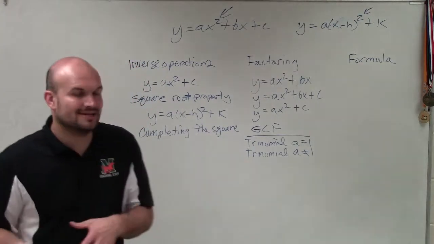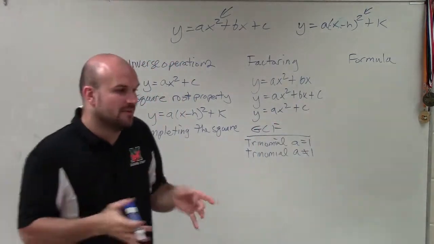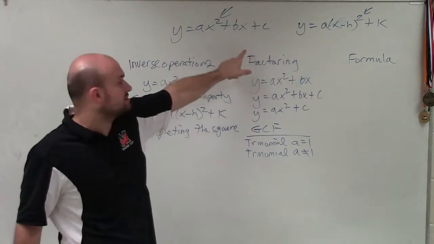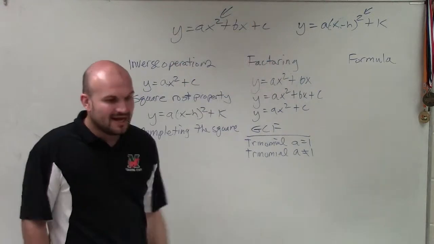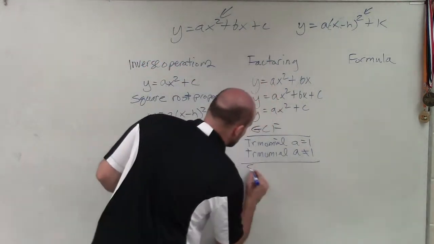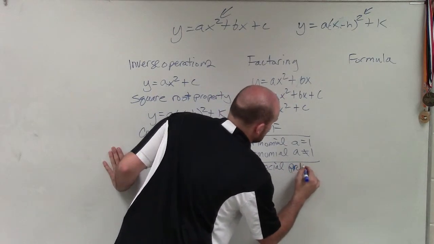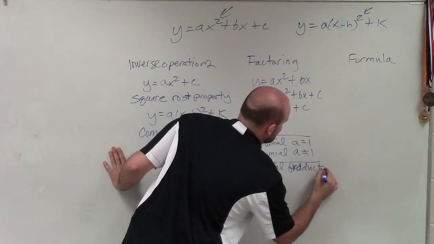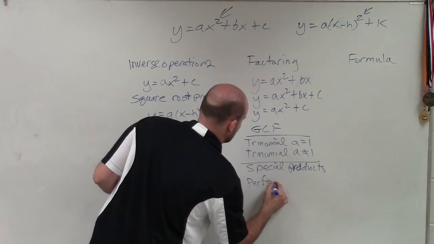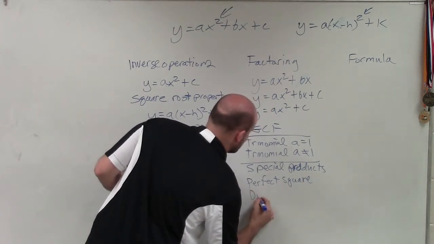And the process that we use is like the diamond method, finding the two numbers that multiply to give you your constant, but then add or subtract to give you your middle term. And so that's the whole practice of factoring. But what's also important about factoring is we also have our special products. To look at our special products, we have a perfect square, as well as the difference